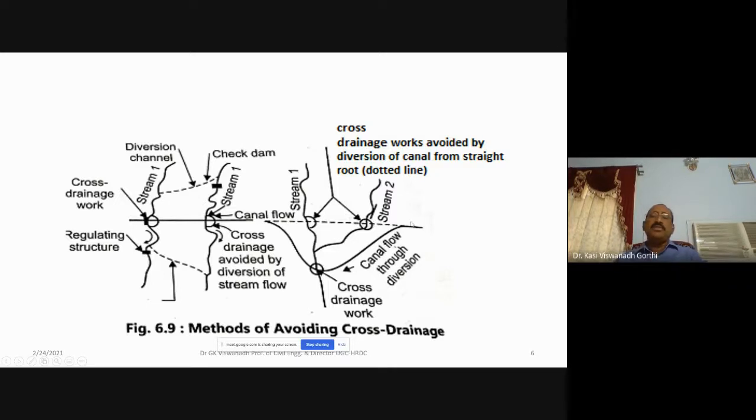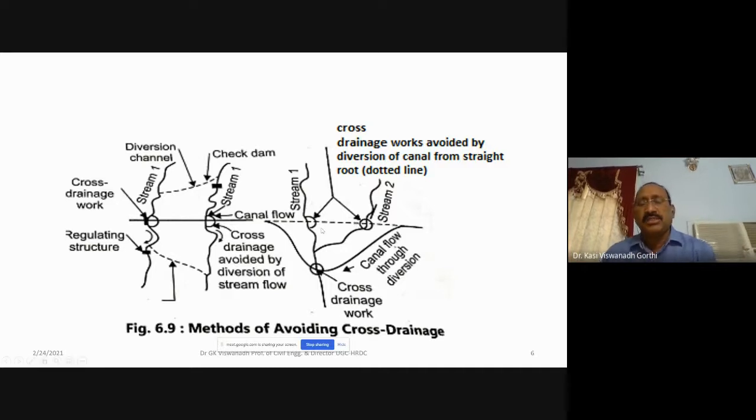Since two streams are there and the canal is crossing both, you need to provide a cross drainage work here and another cross drainage work here. How to avoid the cross drainage work? If you see